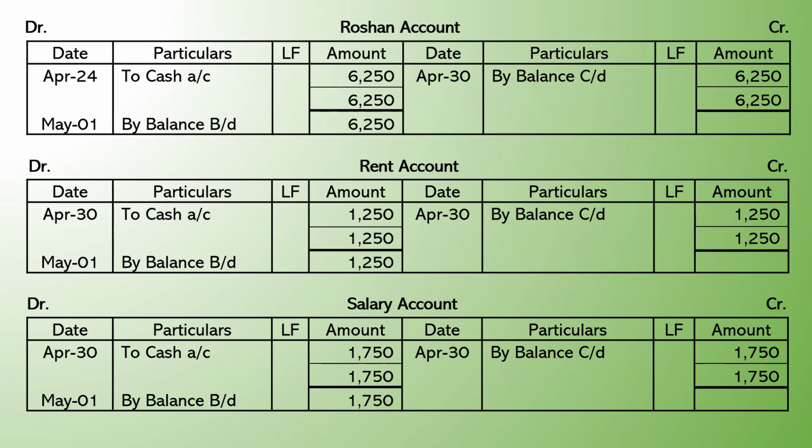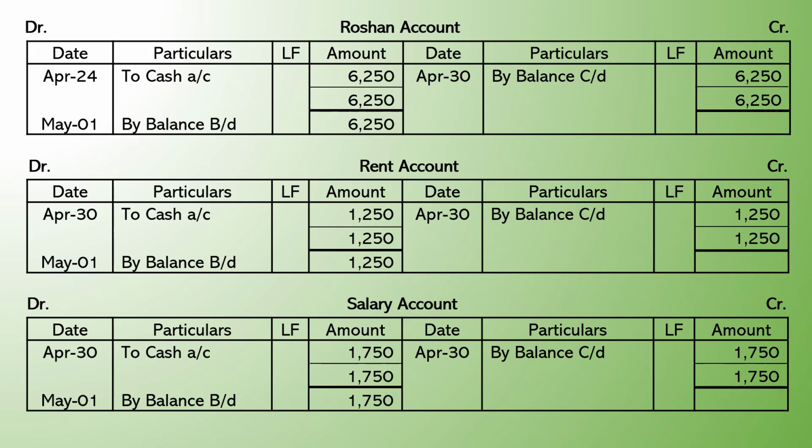side. Hence, on the debit side of salary account, post the entry as to cash account for an amount of 1,750 rupees. As there is no other entry to post, total the debit side and write difference on the credit side as balance carried down on the last date of the month, by which the total on both sides of